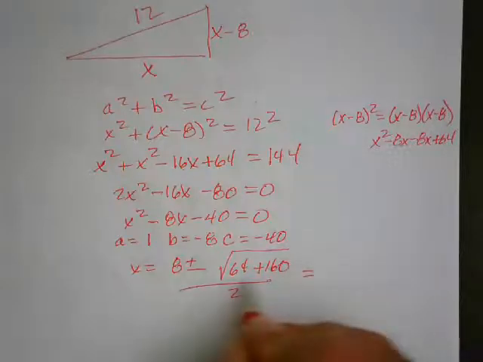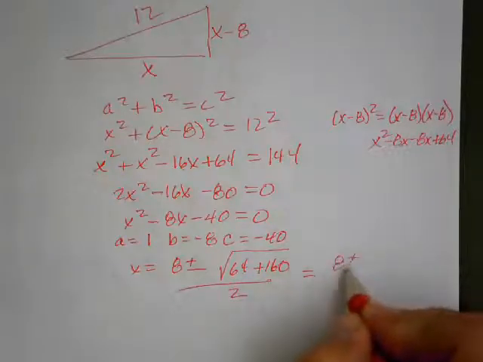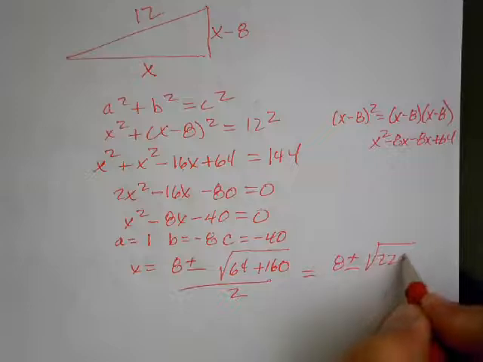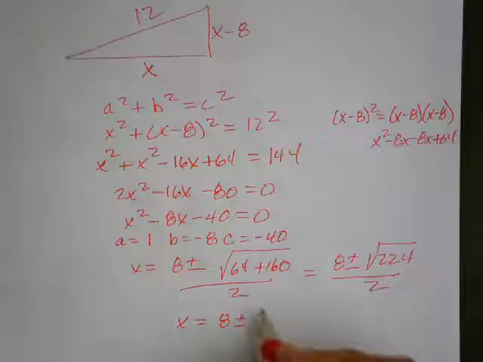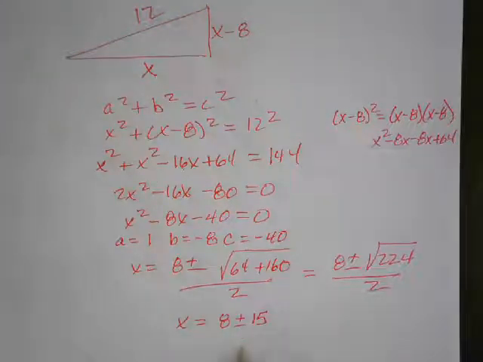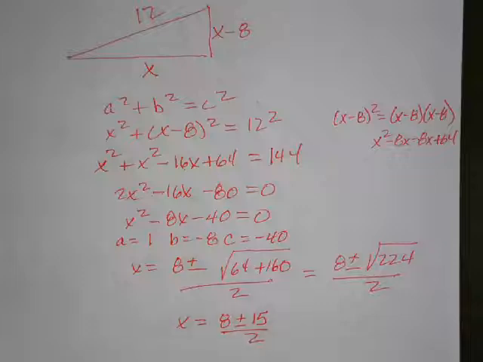So this is going to be 8 plus or minus the square root of 224, all over 2. That's almost 225, which means it's almost 15, yeah, 15.0 to the tenths place. I'm not going to use the 8 minus 15 because that would give me a negative number for the distance. So I'm going to have 8 plus 15 all over 2,